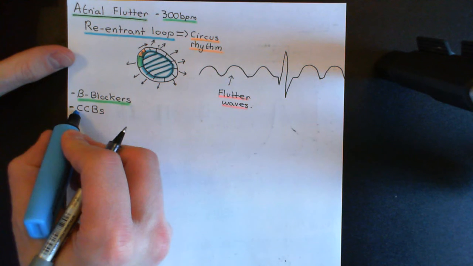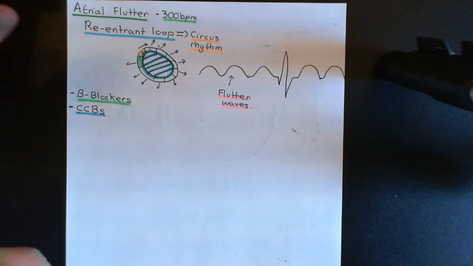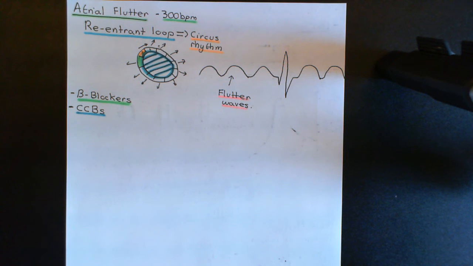Remember, we use the phenylalkylamines such as verapamil and benzothiazepines such as diltiazem because those are quite good at blocking the L-type voltage-gated calcium channels in cardiomyocytes. We don't generally use the dihydropyridine drugs, even though they're very famous, because those are better at blocking the L-type voltage-gated calcium channels in